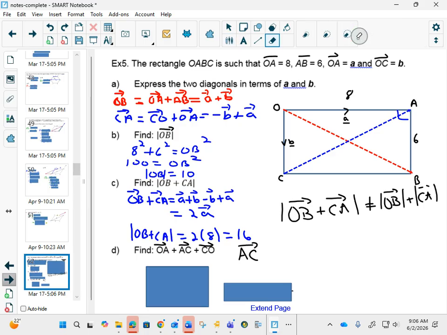Maybe I should do the bubbles. No, here we go. OA and AC is just saying I'm starting at O, I went to A, and then I went from A to C. Do you see that those first two would be going from O to C? And then if you started at O and went to C, and then we're at C and went back to O, we would get